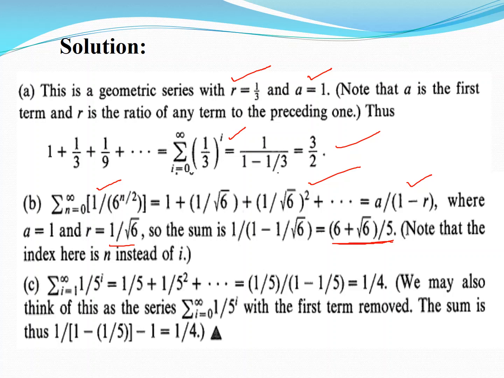In part C, this is the sum, and which can be written in this way, and according to the formula a over 1 minus r, here r is 1 by 5,